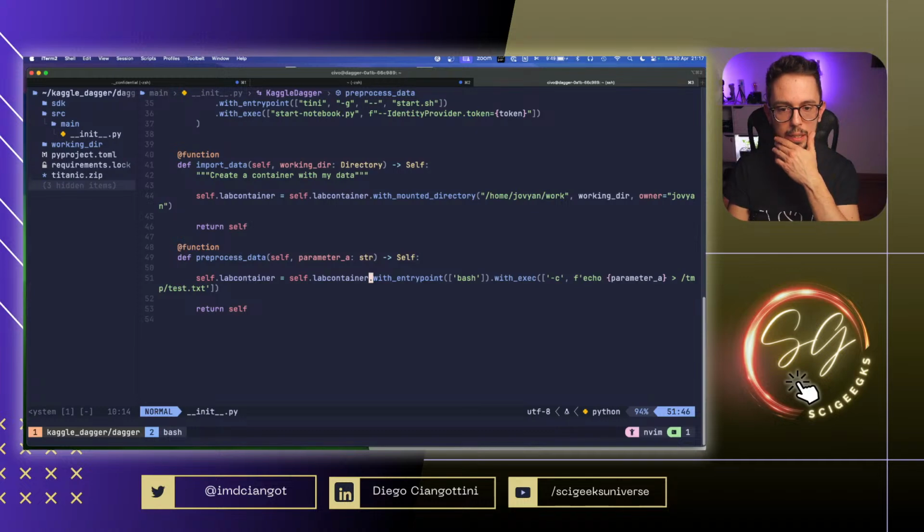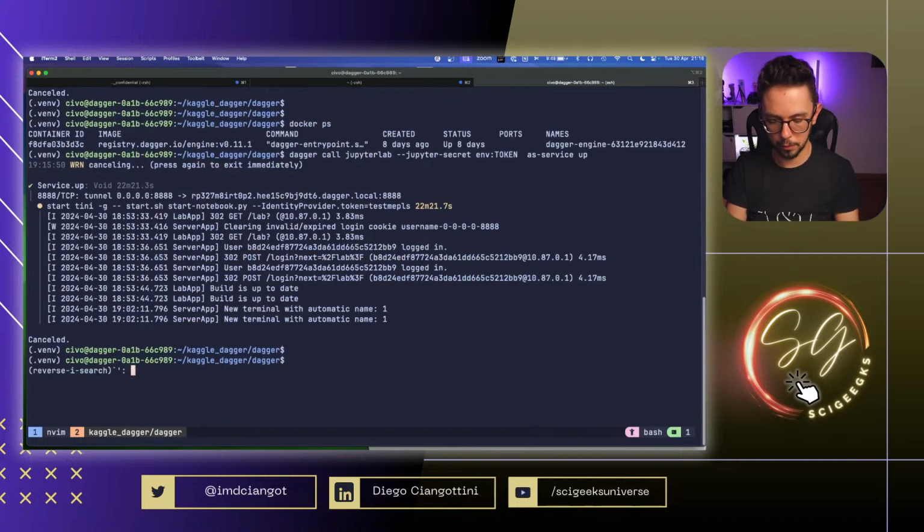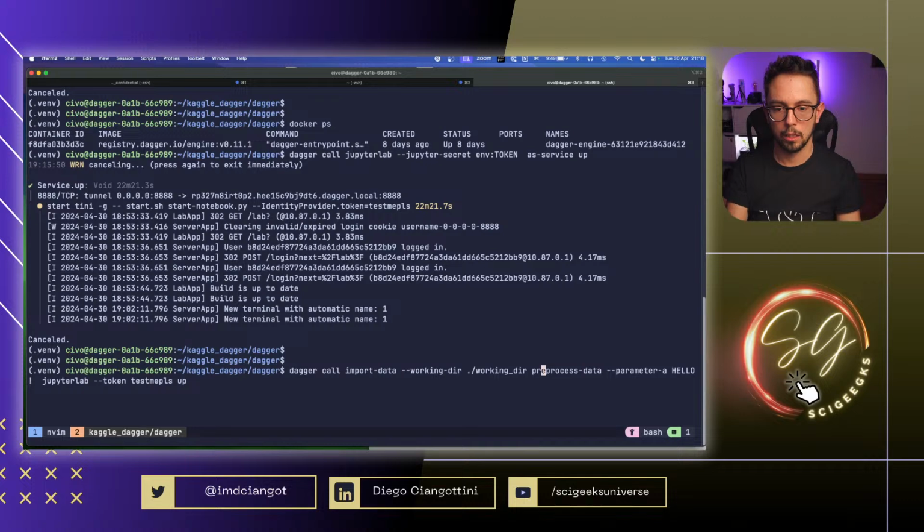In this case, the command that has been appended is with the entry point and with exec, and we dump the content that we pass as parameter A to temp test.txt. So just to recap, we ended up doing the following: call import data with the working dir, setting the working dir of the current host to this, and then we ask preprocess data with parameter A hello, so print in that file that we dump in temp this string hello, and then Jupyter Lab,